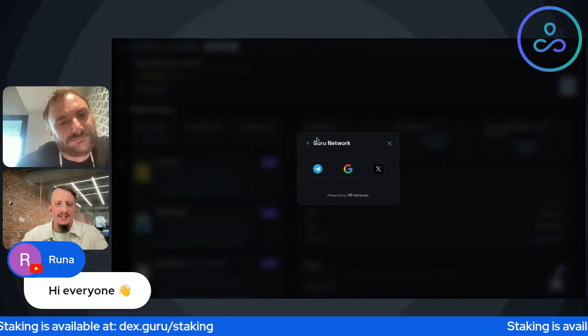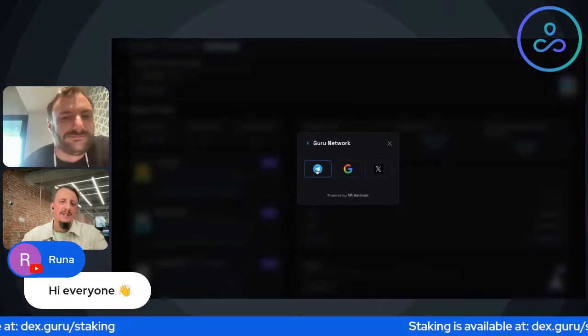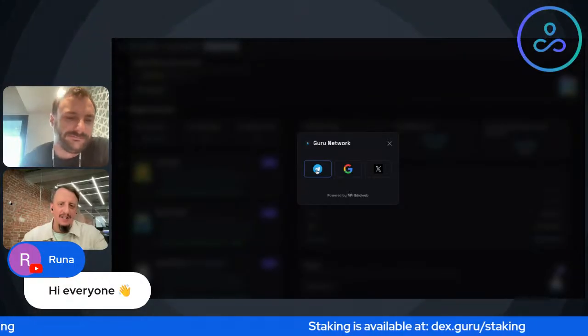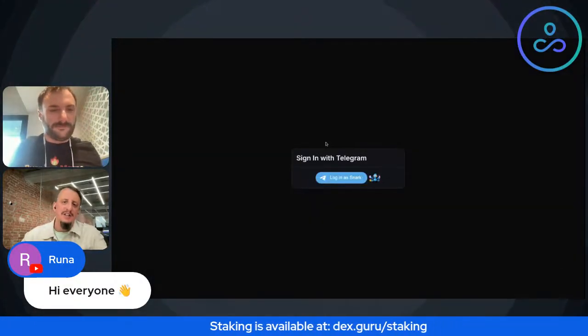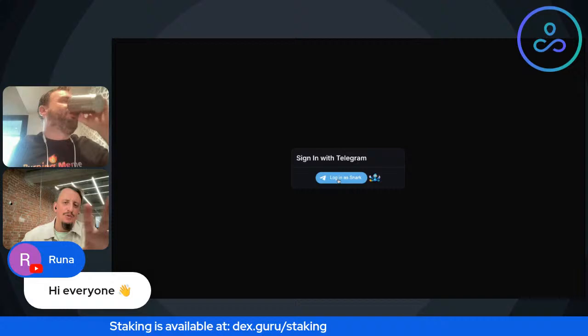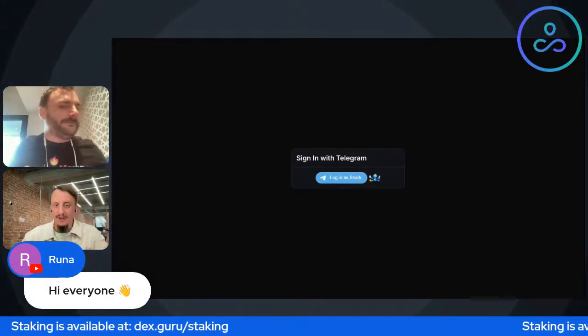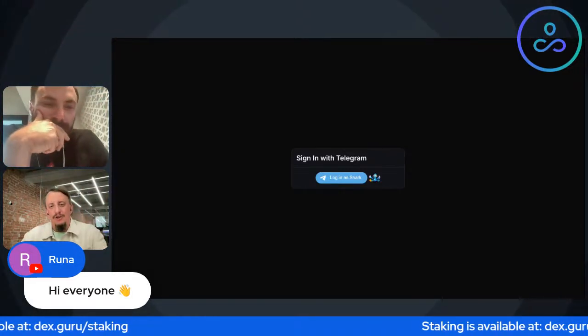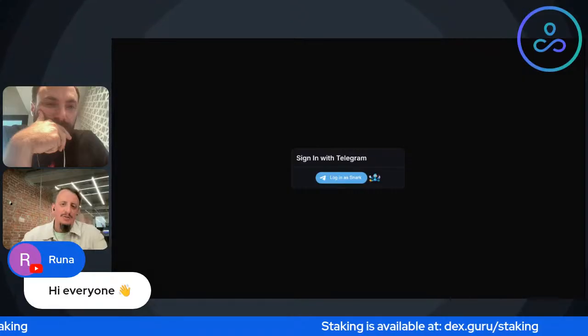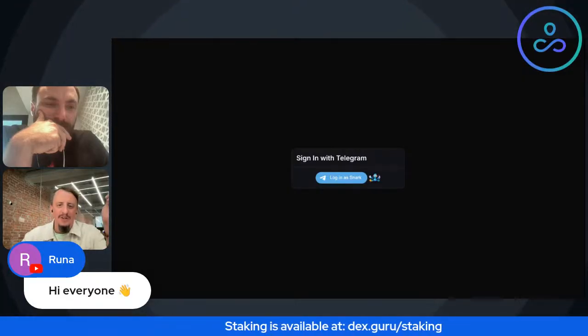I already signed in with Telegram, so basically I click this button. After you click this, you will see a window to authorize your Telegram, and the next window will be this: log in as your Telegram